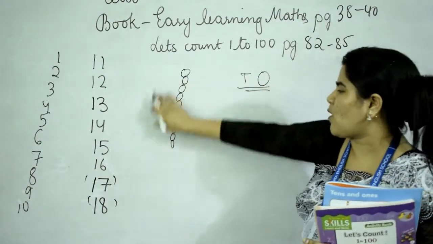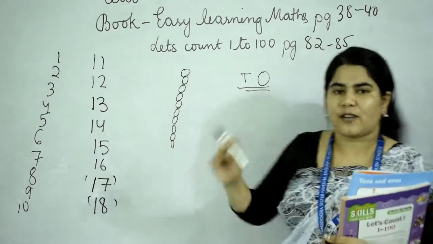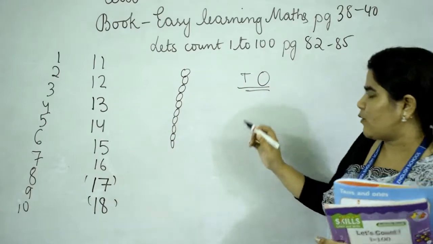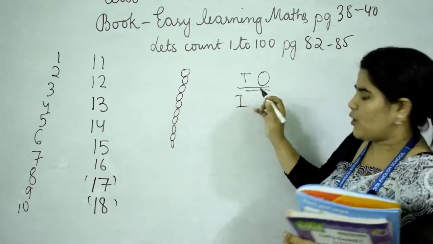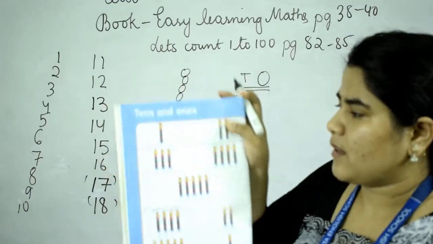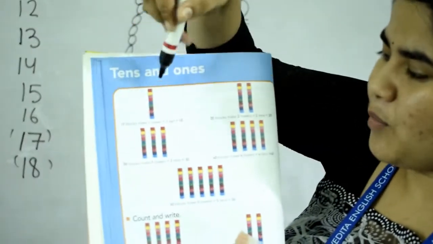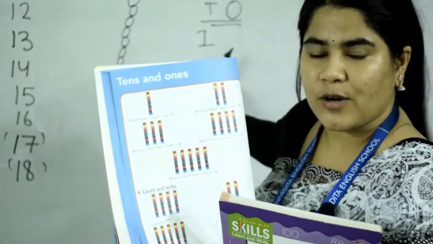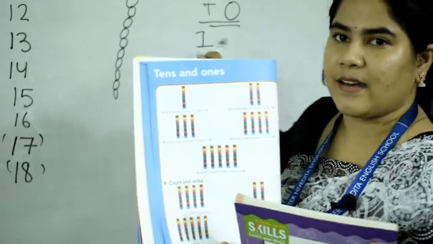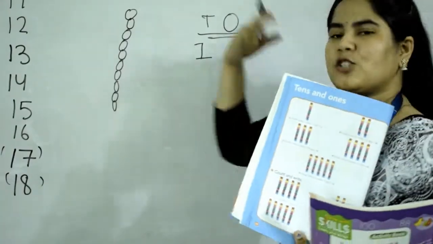So this box contains a total of 10 blocks. Here what you will do, 10 blocks means you write 1 here. In this way you can see 10 blocks make one tower. These 10 blocks made one complete tower. That's why 1 ten equals 10. Here in tens you will write only 1. Okay, this ones I will show you what is this.